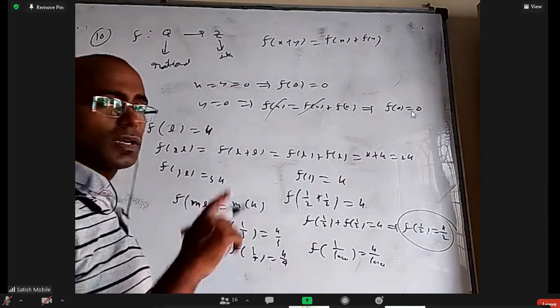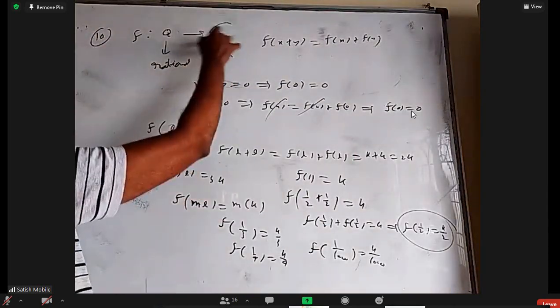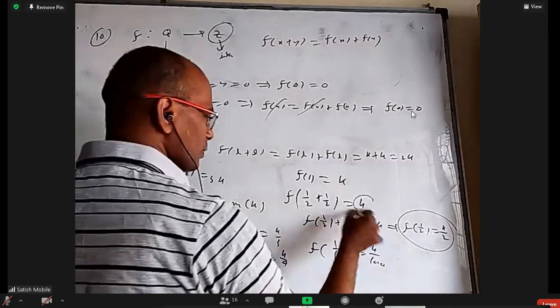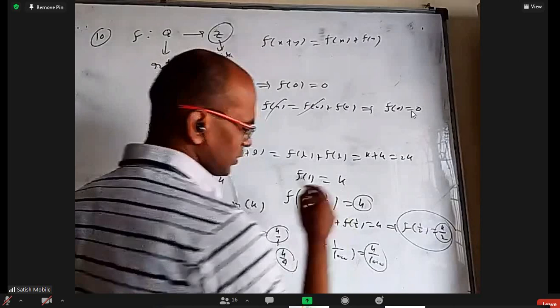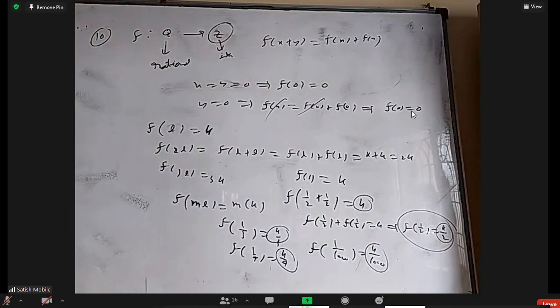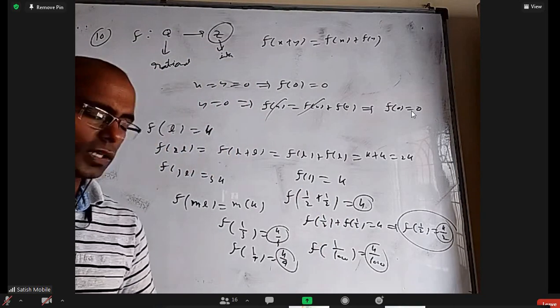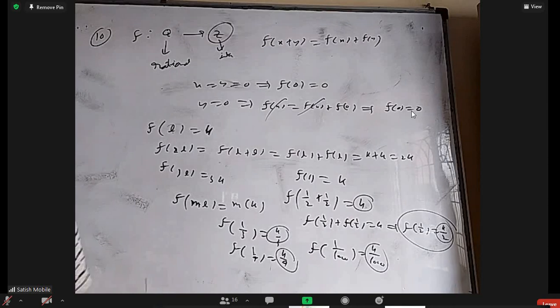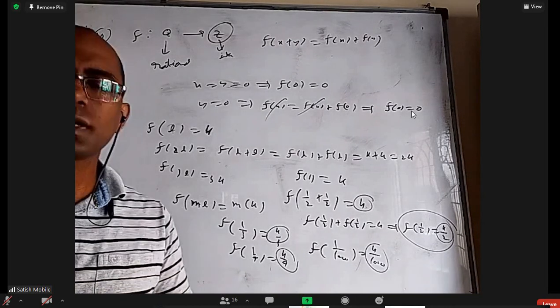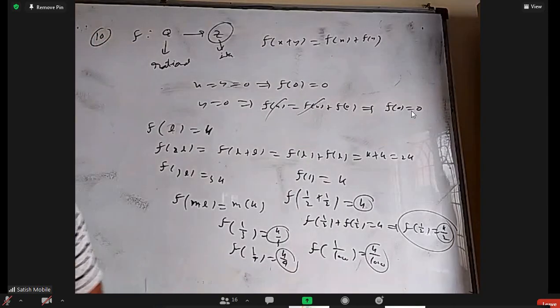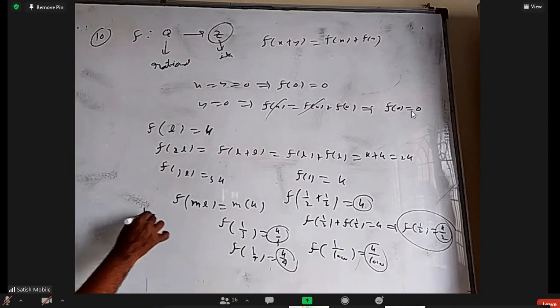Now, but I want the answer always to be an integer. So k should be an integer, k by 2 is an integer, k by 3 integer, k by 4 integer, k by 1000, k by 1 lakh, k by 1 crore, k by 10,000 crore. Whatever natural number you take, k by it is an integer. If it is up to 10, I would have said you can take 10 factorial, any multiple of that. But forever you want, that is only possible when k is 0.